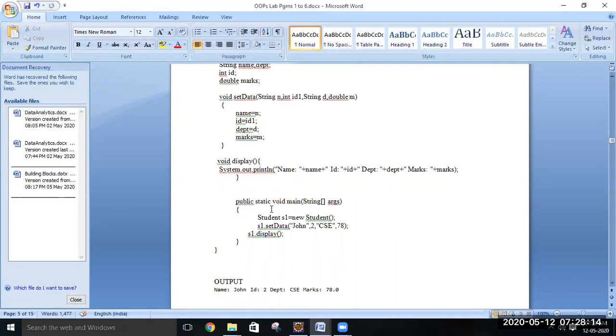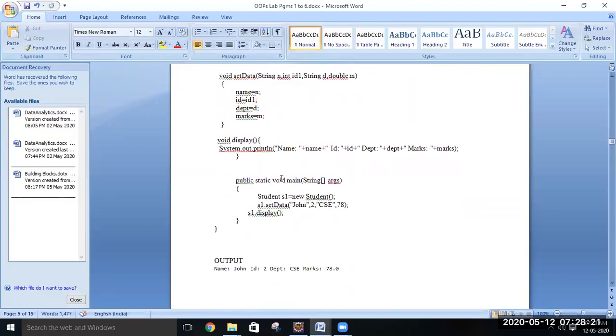So how to call this set data method? We come to the main method, and we create an instance of student, and on that object we call set data, and here we are passing values, just like we passed parameters to the constructor. Instead of passing parameters through the constructor, we are passing them through the method called set data.